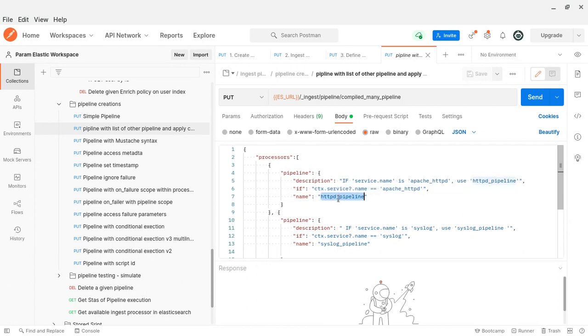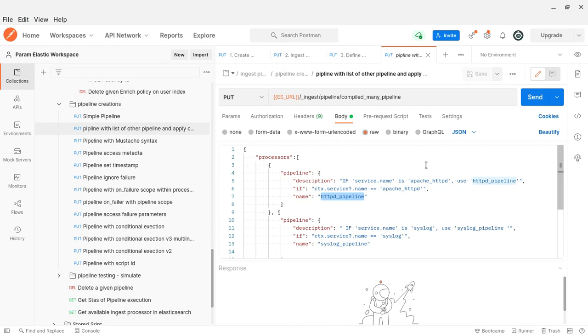Now we have more modularity. We can have small pipelines, then aggregate and compose them in the master one. That's how you are tailoring different pipelines. That is another benefit here: reusability is much greater.